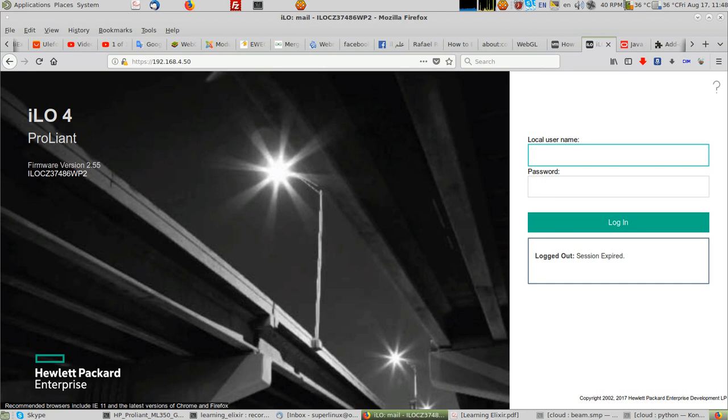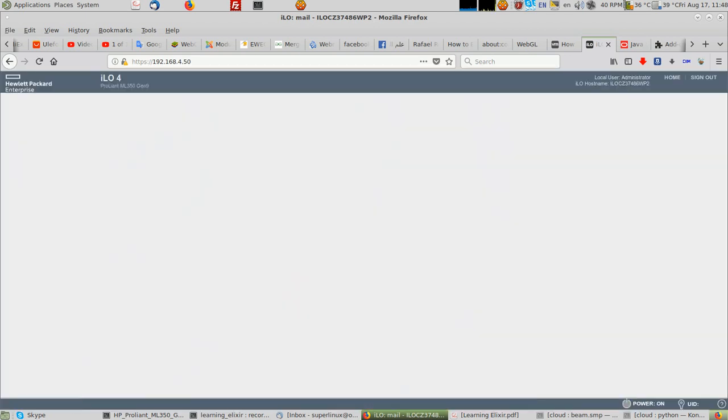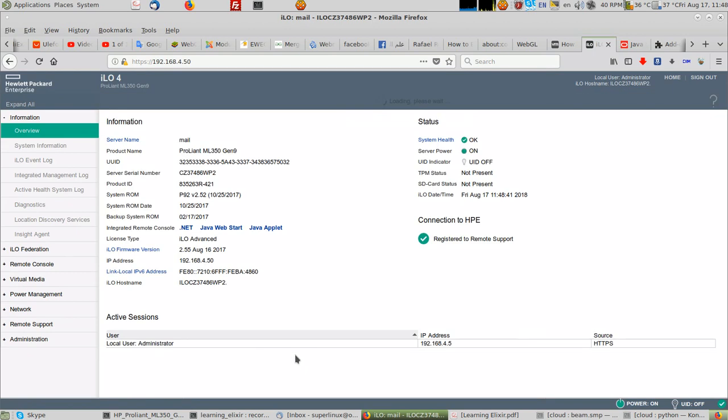You find the iLO. There's a port on the server named iLO. You should connect your Proliant server to it and use its IP, and then you can access that Proliant server. Okay, so get in with the user name. Okay, now we go to remote console,